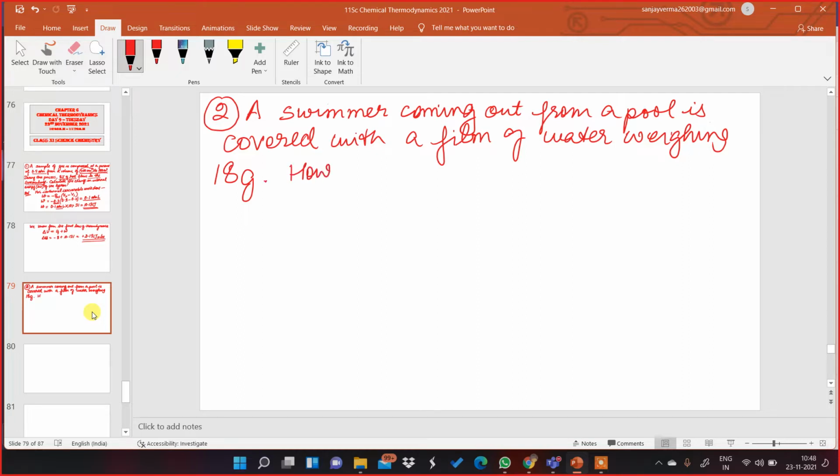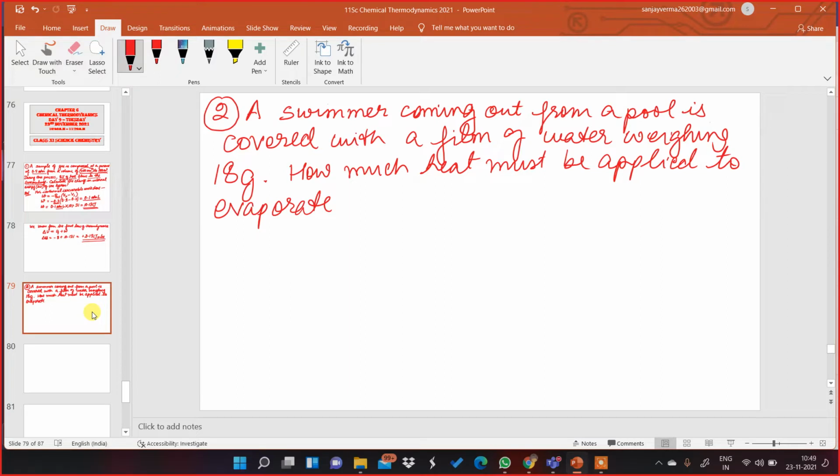how much heat must be applied to evaporate this water at 25 degrees Celsius, or we can write down 298 Kelvin? That is, you have to find the heat which is supplied, and the other part of the question is